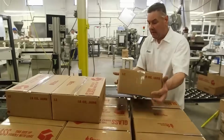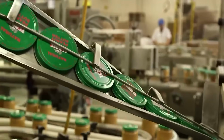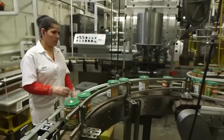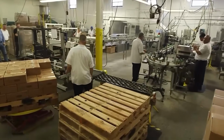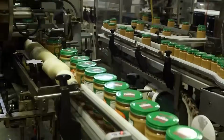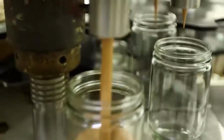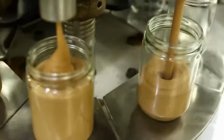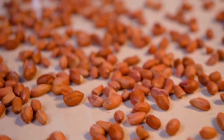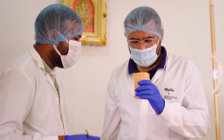Peanut butter production is a complex and highly technical process that relies on advanced machinery, precise engineering, and rigorous quality control. From the cleaning and roasting of peanuts to the grinding, mixing, and packaging of the final product, every step is designed to create a spread that is smooth, flavorful, and consistent. Factories operate with remarkable efficiency, producing thousands of jars per day to meet the global demand for this versatile and